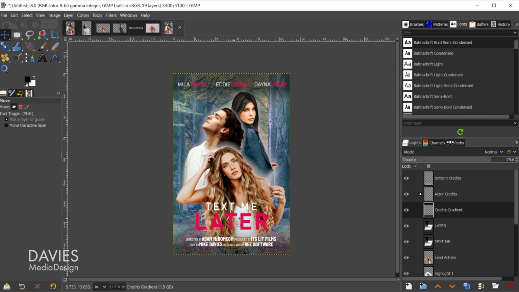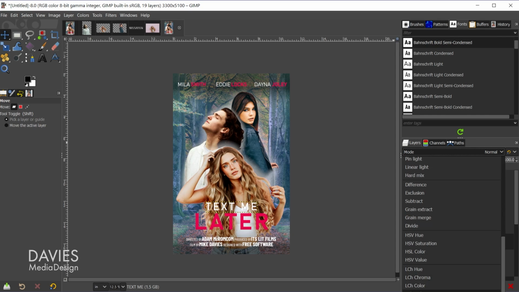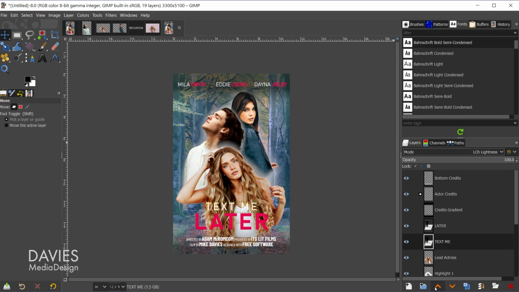And finally, I do want to add some effects to the main title text here. So all I did for the top layer that says text to me is I clicked on it and came up here to the layer mode option, and I'm going to change this to LCH lightness. So that's going to help this top line of text interact with the layer below, which is going to be our actress. But that doesn't look great, so what I'll do is click on this lead actress layer and click